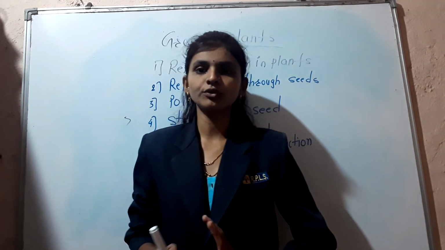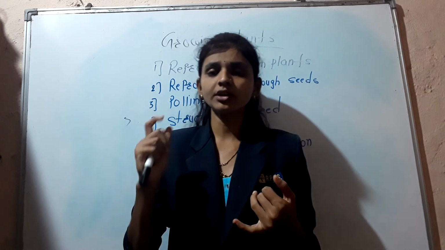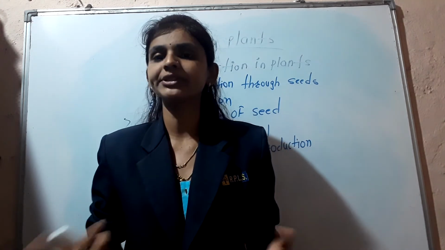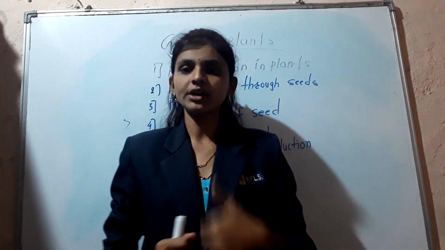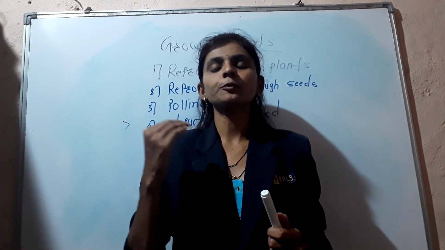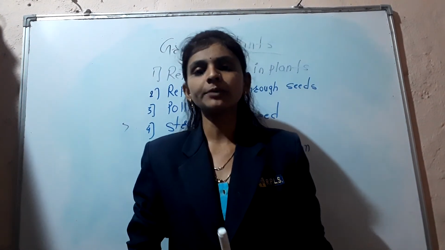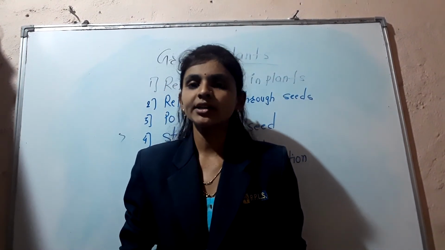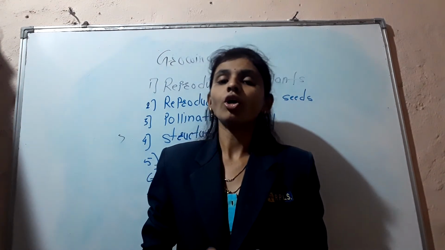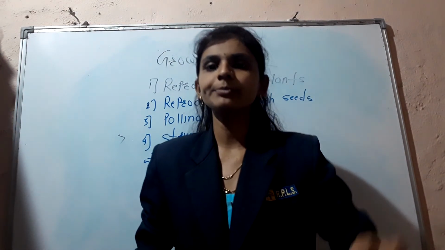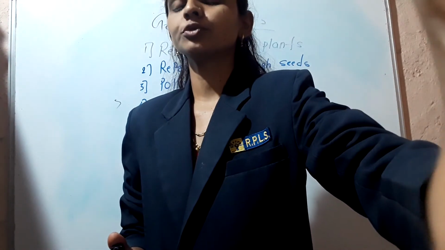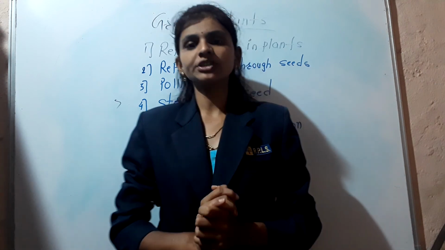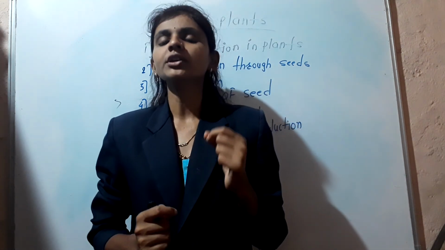There are three types of crops. One is fiber crops. Fiber crop means that by using the crop we can make fiber, just like from cotton and hemp plants. Then for food purposes, many crops we eat, like wheat, jowar and maize. And the last is crops used for oil production. Many plants like soya bean and mustard we use for the production of oil. So these are the main types of crops on the basis of their uses.